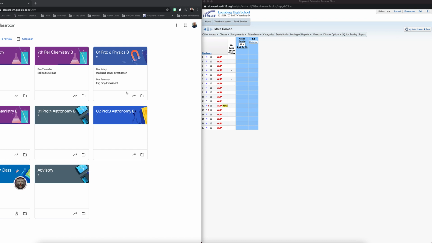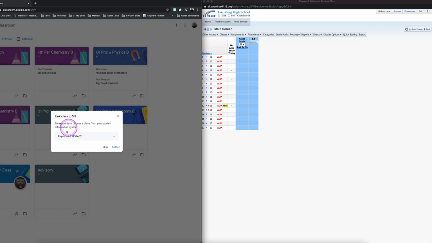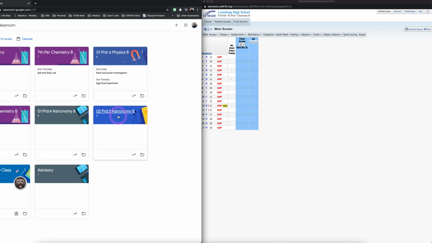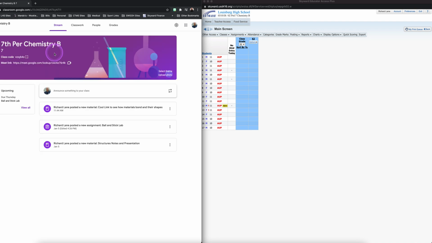You're able to sync your Google all the way to your gradebook so that things update automatically. Okay, first off, if you need to create a class, when you start, it's automatically going to give you the link, so you can go right into linking and start from there. If you already have your classes created, then you go into your class, come up here to the settings tab,